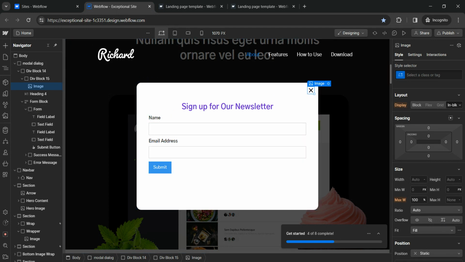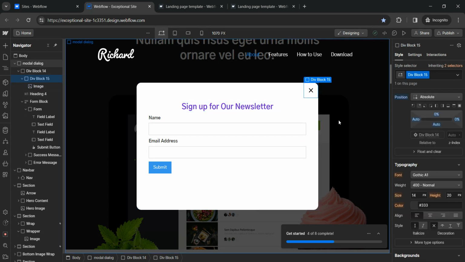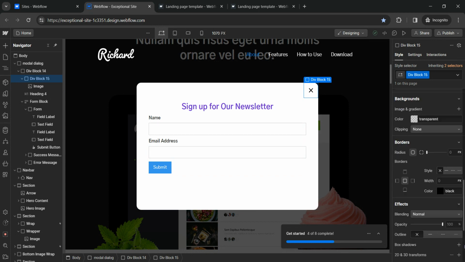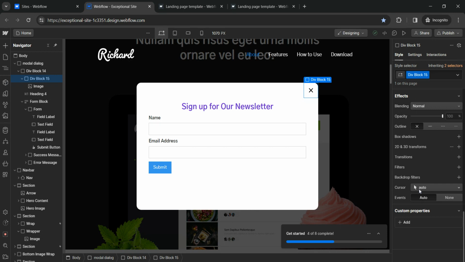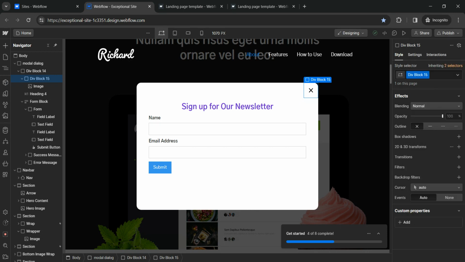Okay, we also need to change the pointer cursor to this entire div, not just the image, because we want to add the interaction to the entire div. So the cursor should be pointer which is understandable to the user.